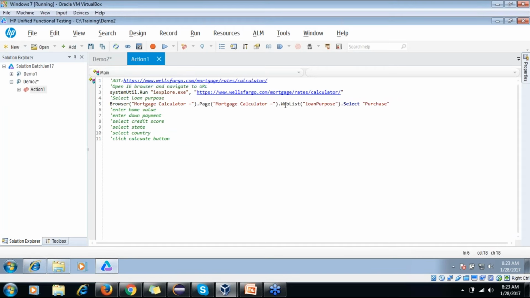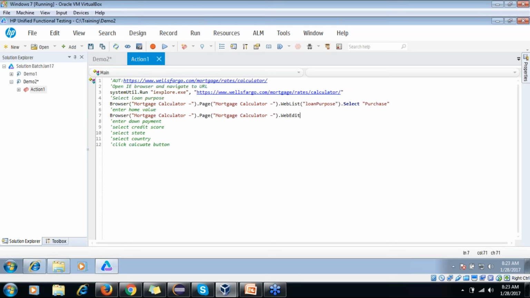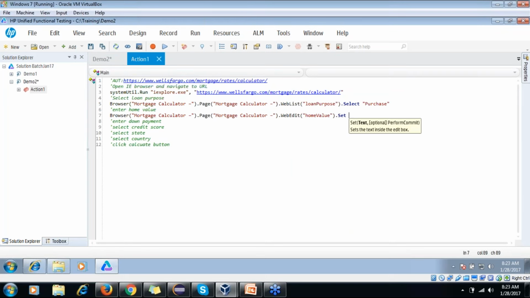After this we have text boxes. So let me copy this till here. We can do it quickly. After this we have a web edit, we have home value, right, set, and if I say 1 lakh, okay.